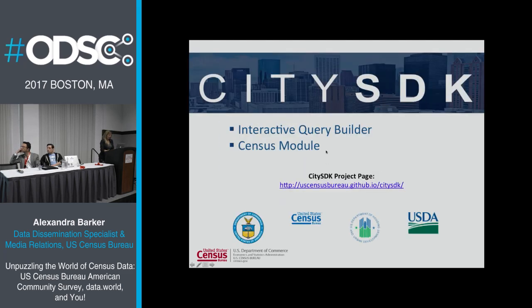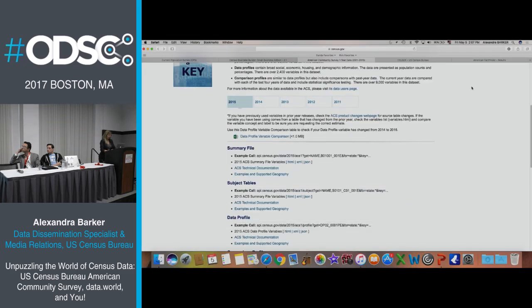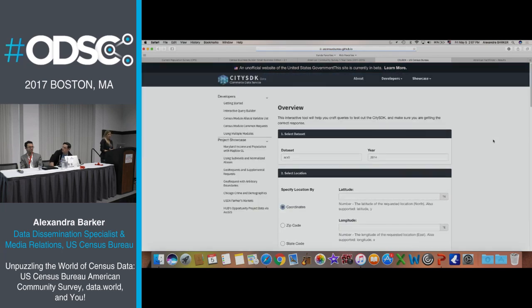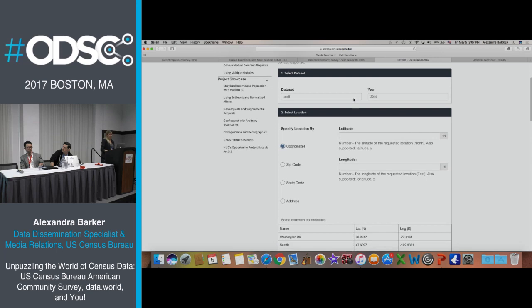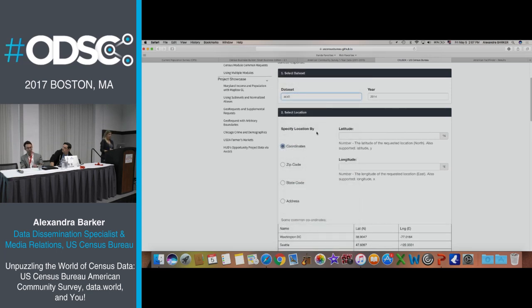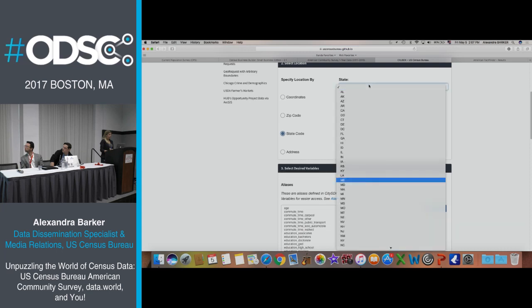Quickly, CD SDK, and we can move from there to data.world. So here on the CD SDK page, it's a place I definitely think you all should visit. Our documentation is great, and it helps you work through the challenges of knowing the variable names, especially with our query builder. Hopefully it will work well in this browser. I've had a few problems. You have here the data sets you can call. You have the year. You can choose a level of geography. So let's say state.